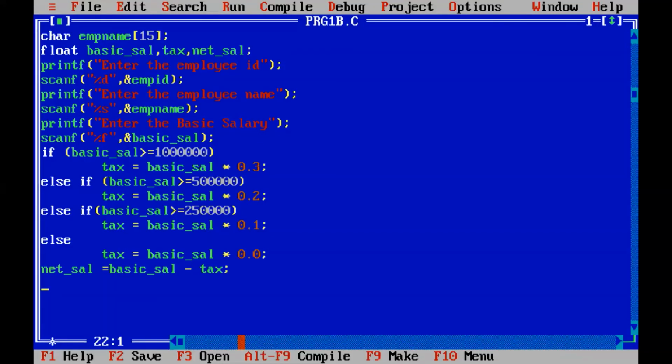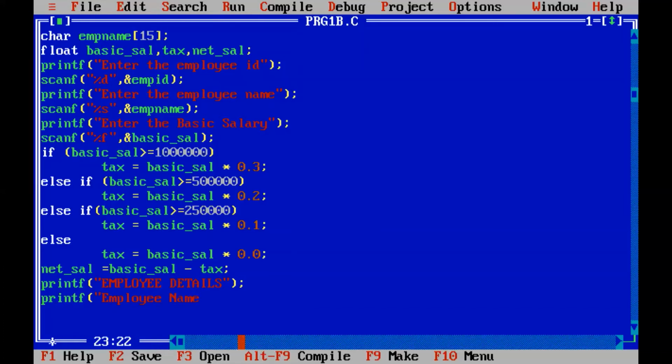Now what we are going to print is all those which we had accepted from the user. We are going to give it under a heading like employee details. So it will be like after execution. We are printing all the details, just like an invoice type. Now here we are just printing the details. If you're not able to see, you should let me know.